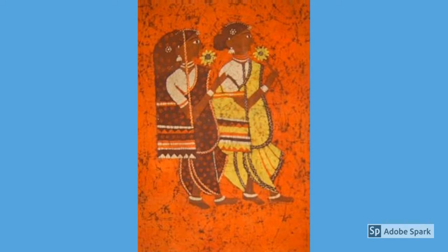The batik technique is known to be more than 1,000 years old. There is evidence that cloth decorated through some form of resist technique was in use in the early centuries CE. It is unclear whether the technique originated in one place or several. Archaeological evidence of the use of batik cloth has been found in Egypt, Persia, India, China, Japan, Indonesia, and other